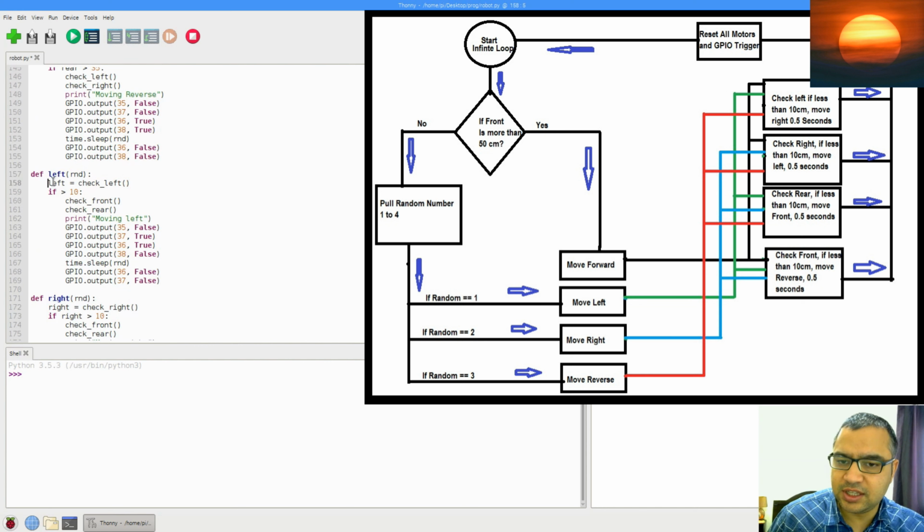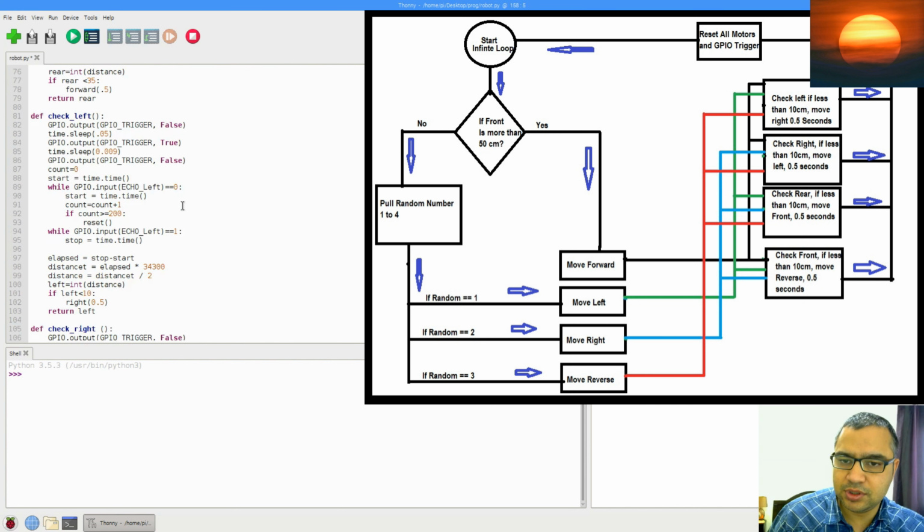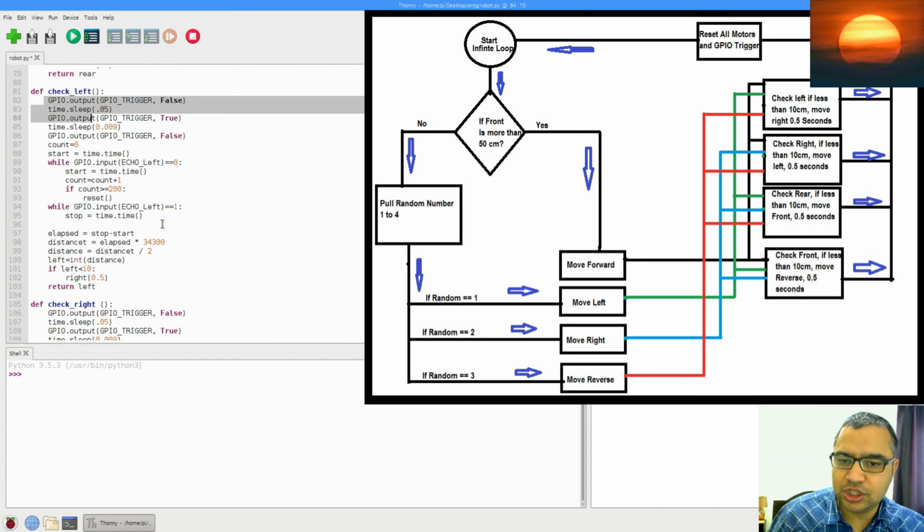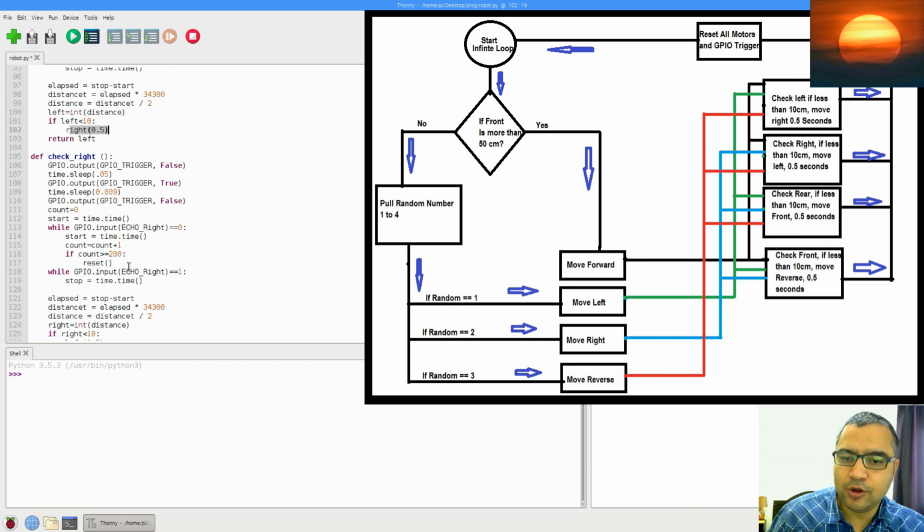Now what this does is, it in turn calls another function which says check left. Before moving left, it has to check whether there is space available to move towards the left or not. So it will check the left, and that value will be given to the left variable. This check left function will go ahead and check the distance between the left sensor and an object. Now it says if the distance is less than 10 centimeter, move towards right for 0.5